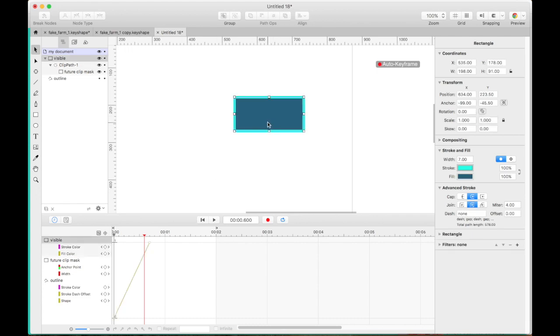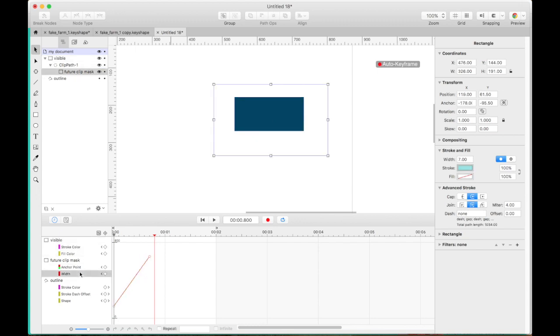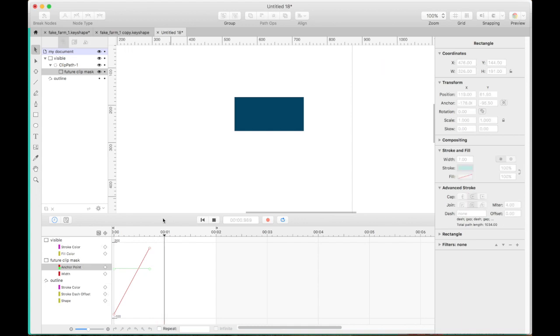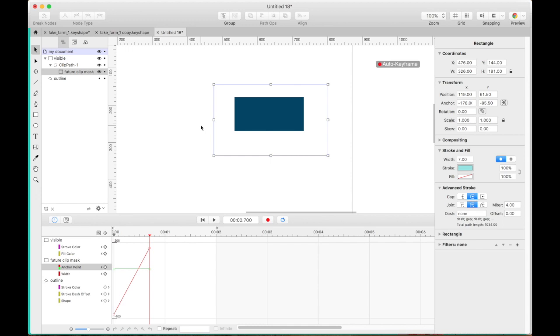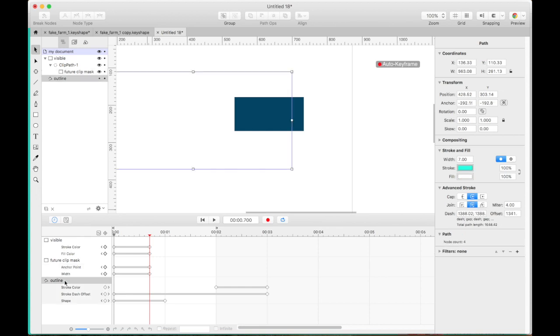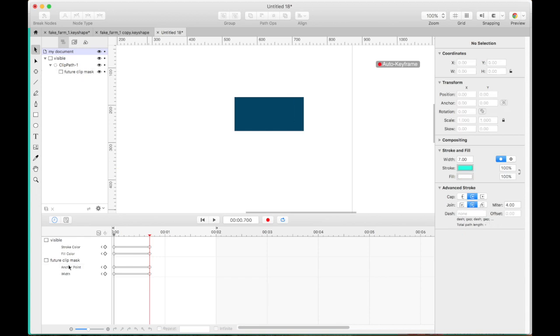The stroke on this is also a surprise to me because I didn't add a stroke to the actual rectangle, but where would that have been? I'm not sure why that added a stroke there. But that's how you make a mask. And then let's go back to this. Here's outline. I'm going to get rid of that.